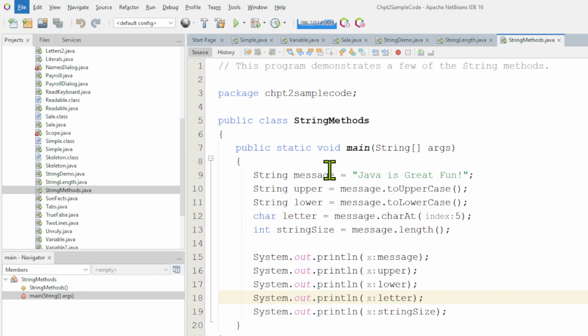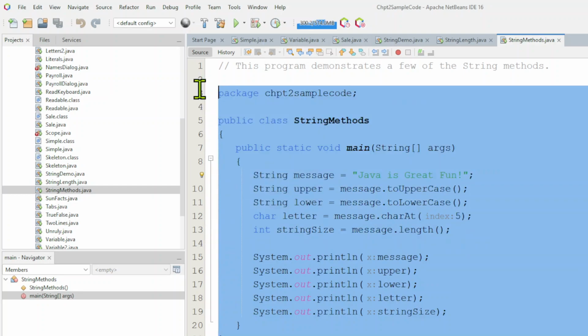So we're putting in a string: Java is great fun. Now notice we're taking this object we've already created and applying methods to it. So now we're going to make a new object, and it's going to be to uppercase and to lowercase. Character at index 5 is going to pick the 5th character of Java is fun, and then this is going to give you the length. So if I run this,